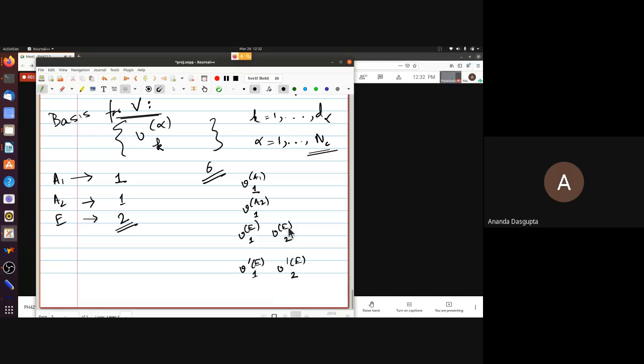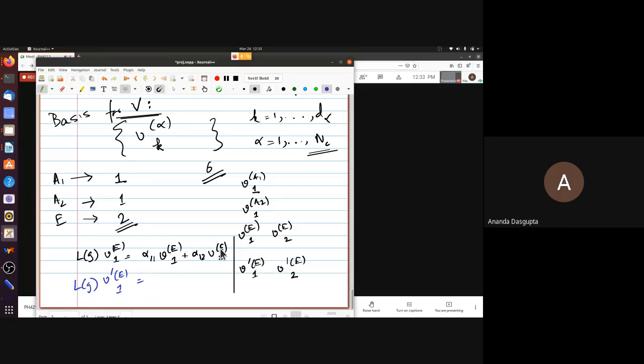And why are they both labeled E? They're both labeled E simply because when you take some group element, apply LG on VE1, what you're going to get is basically some matrix element, let's say alpha 1, 1. I will get a similar relation for VE2. But if I did the same thing, if I apply LG on V prime E1,